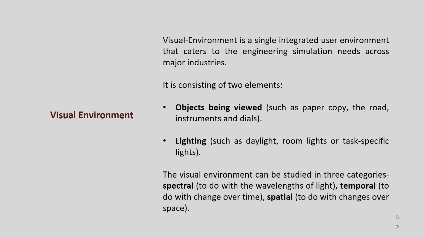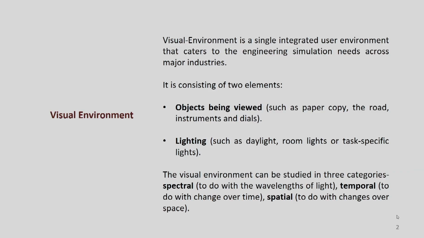Now, in a particular dark room, if I hold this black color pen, then I may not see that. So, the viewed object is present, but light is not present, then I cannot see anything. Now, in an illuminated room, there is no object, so I cannot see that. So, there is no visual feeling or experience, right. To have that experience, we always need two specific elements: one is the object which we are going to see, and another is the source of light. It can be daylight, it can be an artificial light.